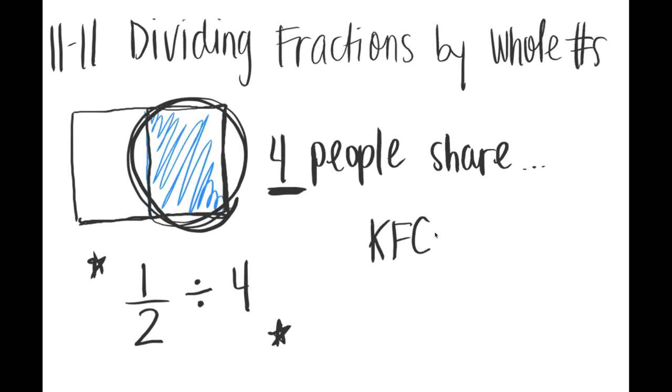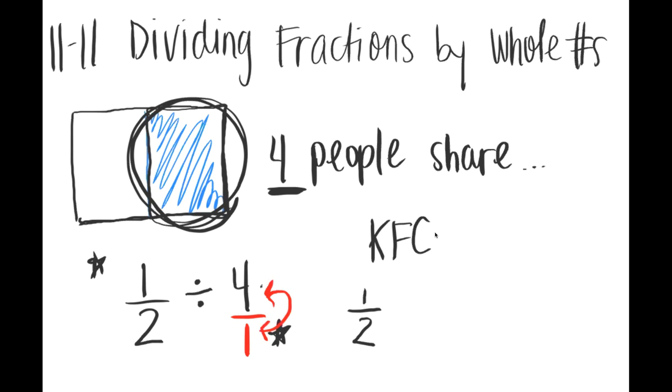So we're going to keep the first term, which is half. We're going to flip the 4. So now, notice that the 4 is a whole number. And remember, when we have whole numbers and we want to change them to fractions, we're going to put it over 1. So now our fraction 4/1 is going to flip